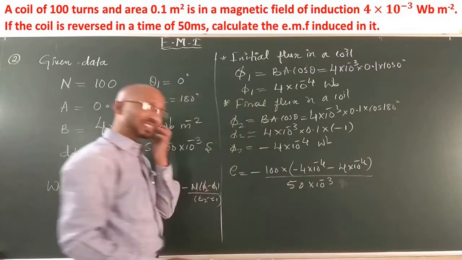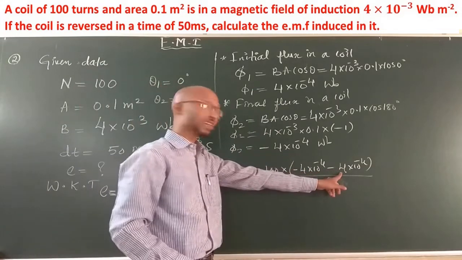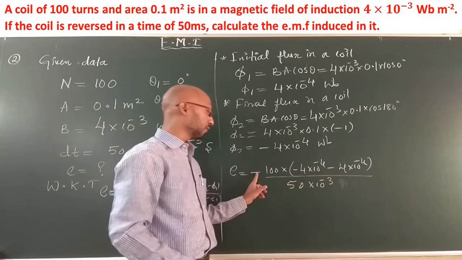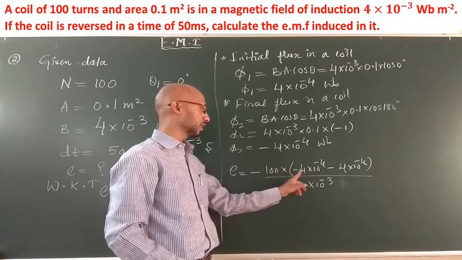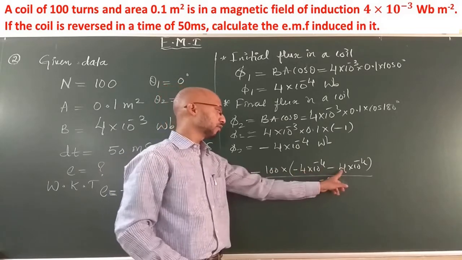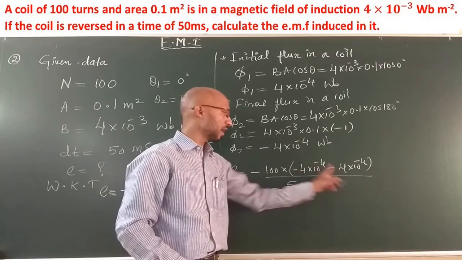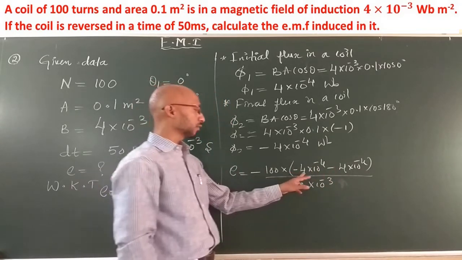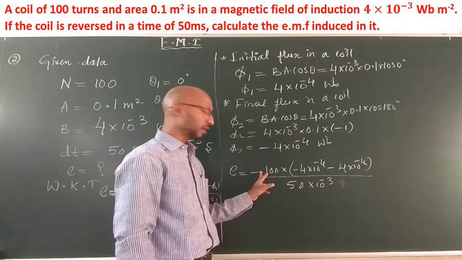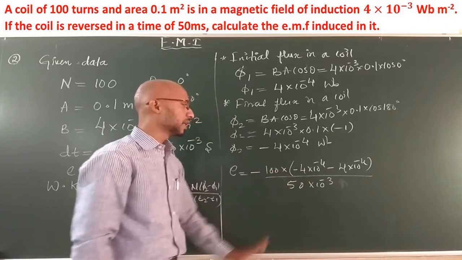Now you divide the things. Minus of minus 8, that is minus 8. Minus of minus 8 is plus 8. Here it becomes minus 8, because minus of minus 4, minus 4 is minus 8. Minus of minus 8 becomes plus. Here is a minus, that's why it becomes plus 8.